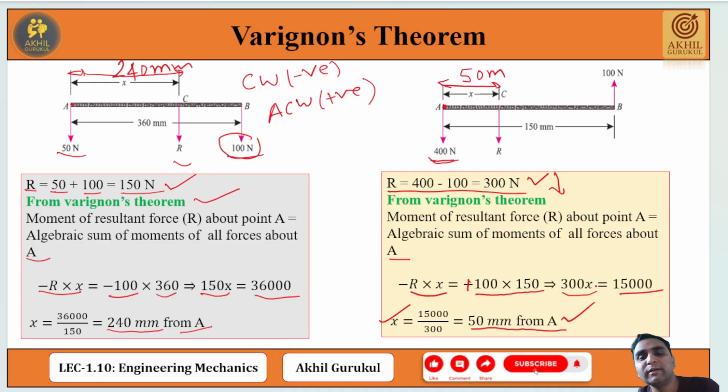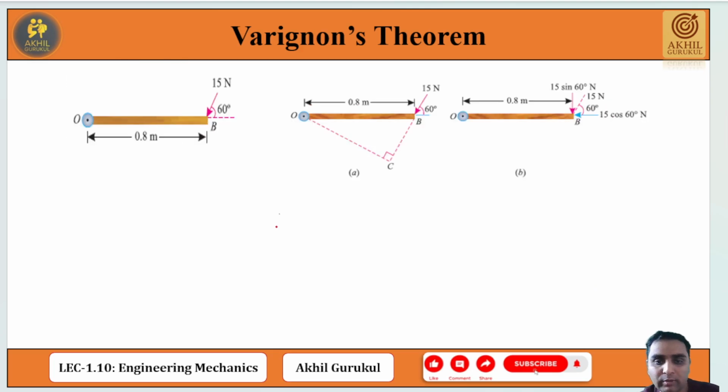So the Varignon theorem is mainly used to find the location of the resultant in a parallel force system. Here is one example; another example is there. One force is acting at 60 degrees from the horizontal. So what is the moment? Here we can calculate the moment by two methods. First, by the simple method, the moment of the force system about O is equal to the force